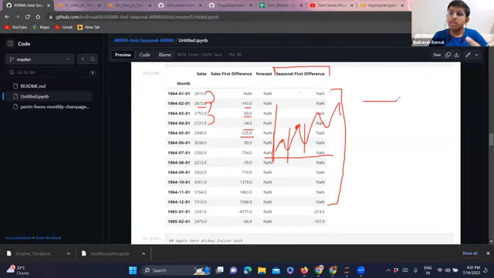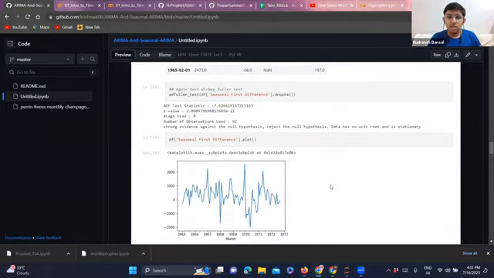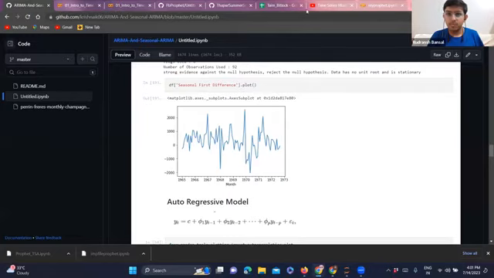One of the models that requires stationary data is ARIMA, autoregressive integrated moving average. It is quite clear with its definition also. We'll come back to this later. No issues. So after getting this seasonal first difference based upon the previous 12 months, and dropping the null values, we check if this is stationary. We get a strong evidence against the null hypothesis, and the p-value is less than 0.05. So the data is stationary. Since the data is stationary, we can go ahead and implement our models.